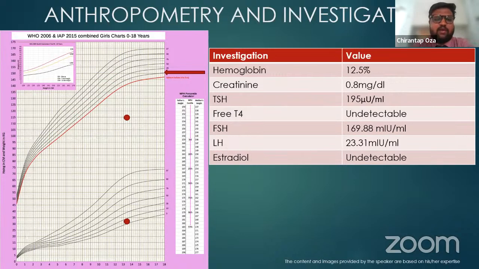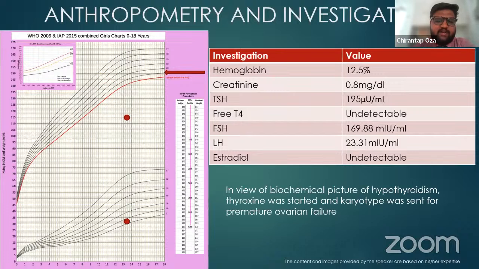First line investigations were done, wherein hemoglobin was 12.5. Creatinine was 0.8 milligram per deciliter, which is normal. The TSH was 195 micro international unit per ml. Free T4 was not detectable. FSH was 169.8 milli international unit per ml, and LH was 23.3 milli international unit per ml, while estradiol was undetectable. So in view of elevated TSH and undetectable free T4 with presence of goiter, the biochemical picture is of hypothyroidism,